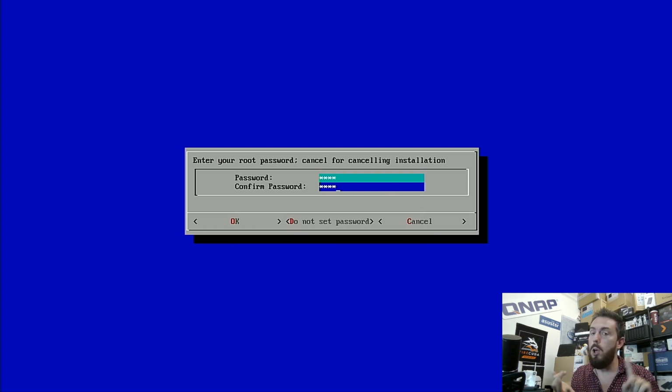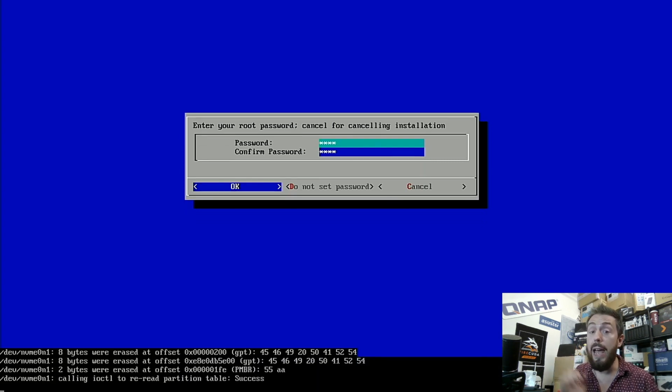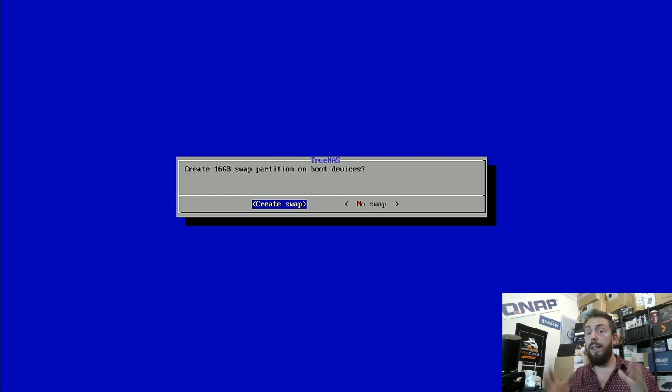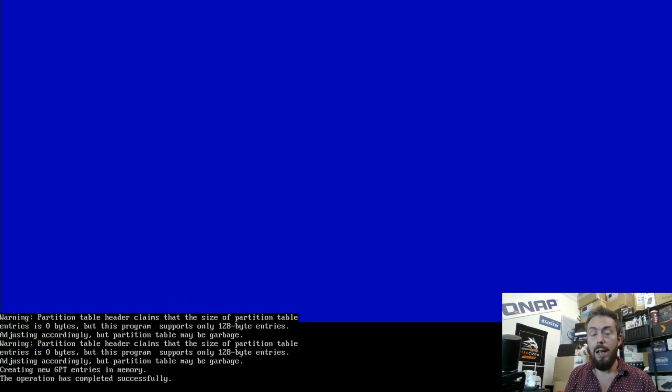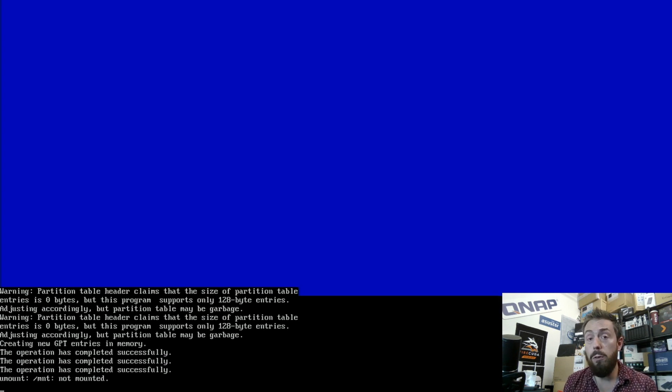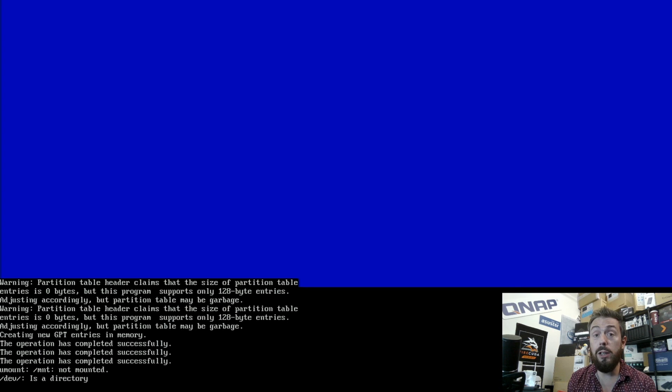Now we can disable admin or create sub-accounts if we choose to later on. But for now, we can go ahead with the password we've decided to put in there. And from this point, it's now going to start the initialization in just a moment. We don't need to bother with a swap partition, completely unnecessary for this installation. Click no swap. And there you go, it's now going to begin the creation of this TrueNAS Scale installation and